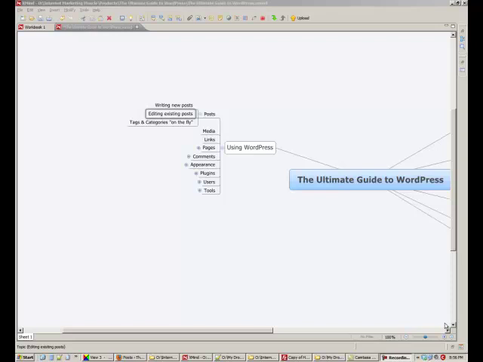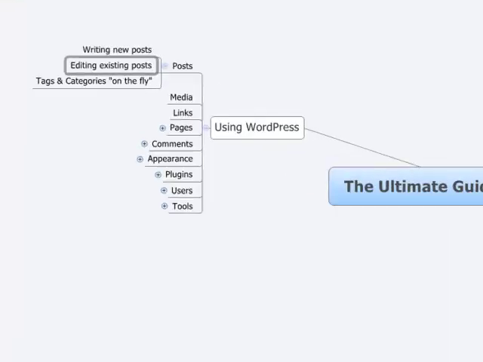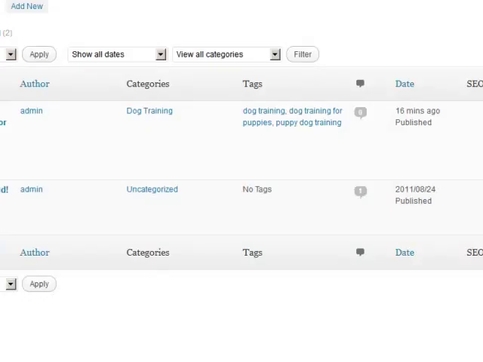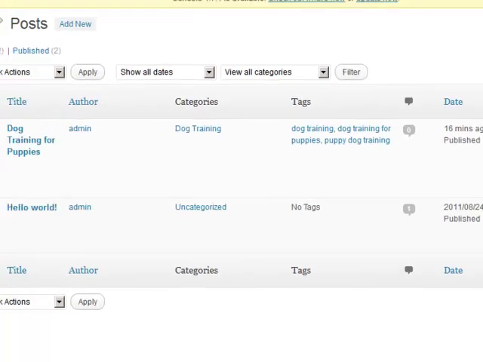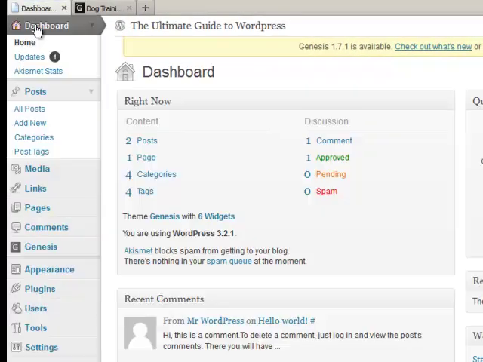Okay, the next step we take in using WordPress as far as posts go, we just finished writing a post, so now we're going to go back and edit it. So let me show you how to do that. So from your dashboard, you click on All Posts,